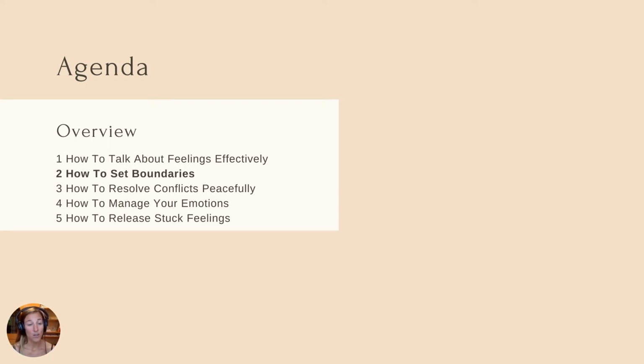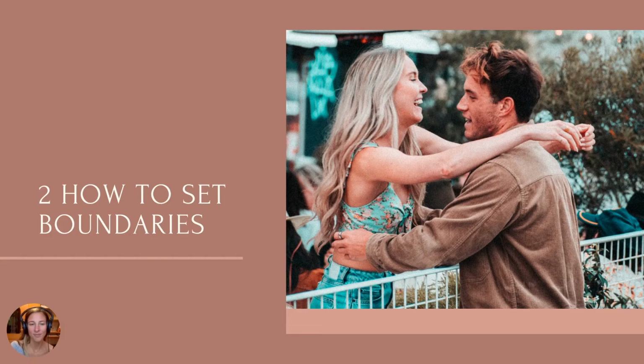And of course, in general, boundaries are one of the most important relationship skills because it's really making clear what do you want as a person from someone else. That's really what it comes down to, and when you can communicate this as simply as possible to someone, they're going to love it because they know exactly what you are about and how to please you, how to make a good relationship with you. It's all about clarity.